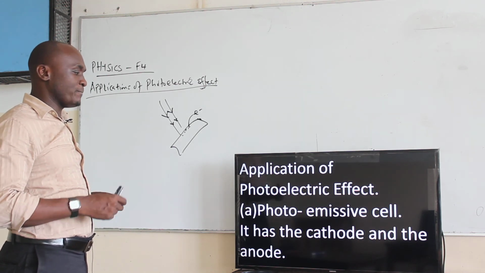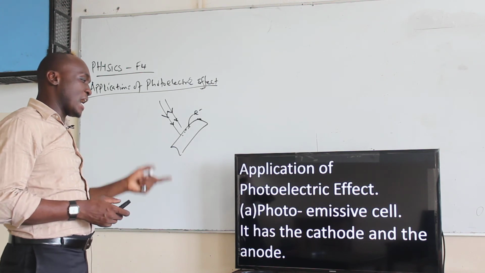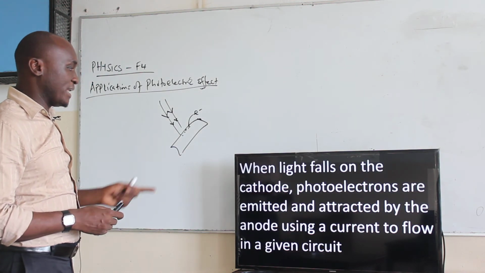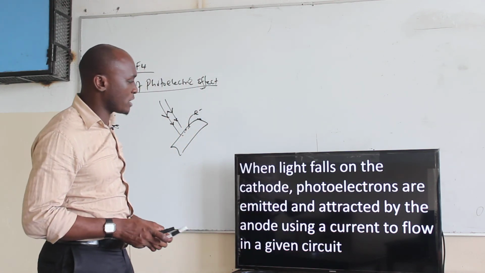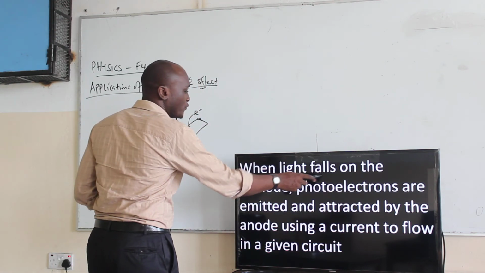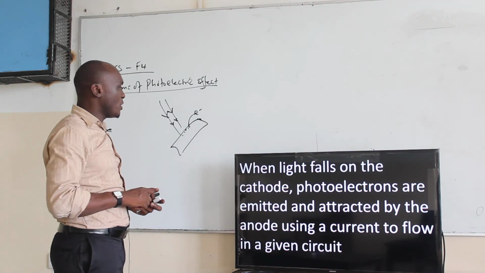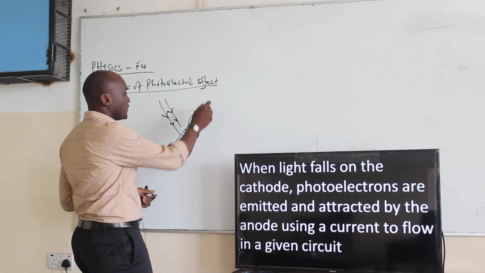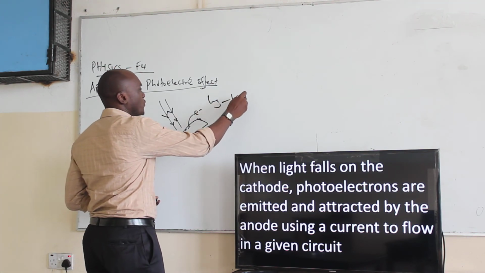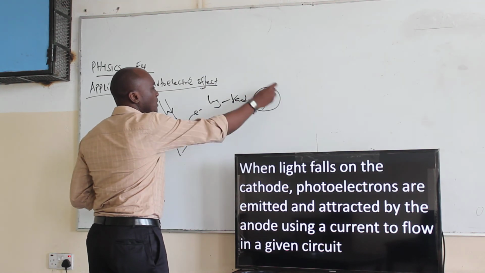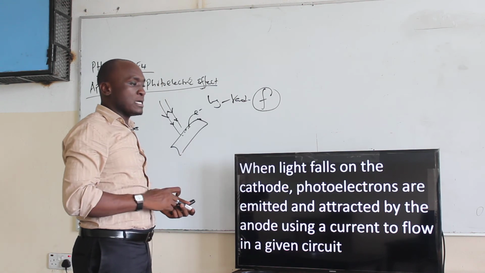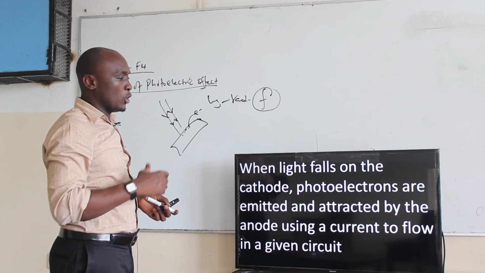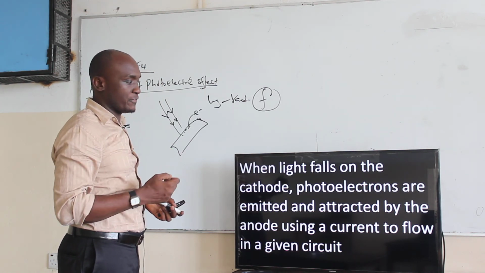But of course, we are saying that there is the cathode and the anode, looking at the photoemissive cell. When the light falls on the cathode, photoelectrons are emitted. You remember when we talk about light, this is in the form of radiation, so that radiation of course has frequency. And this frequency is the one imparting some energy on the electrons on the surface, and of course